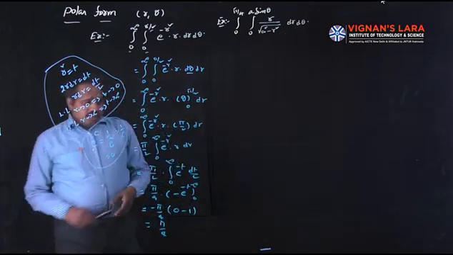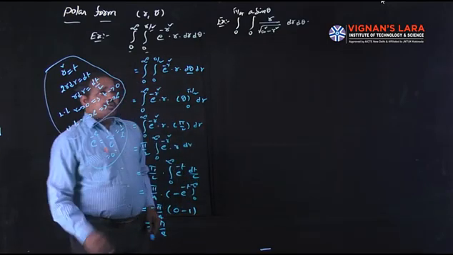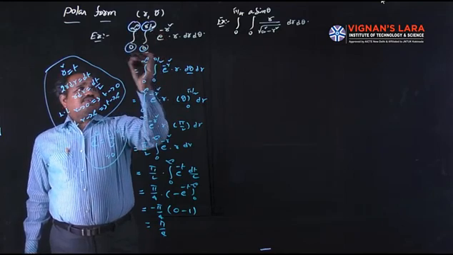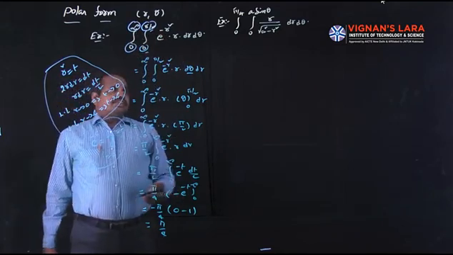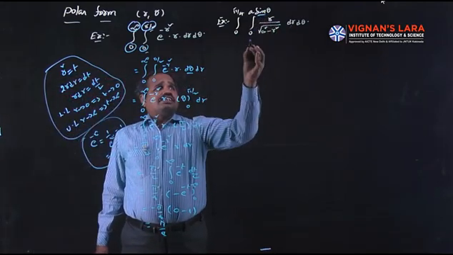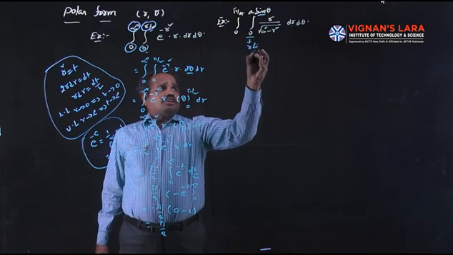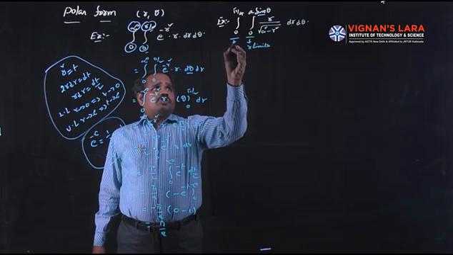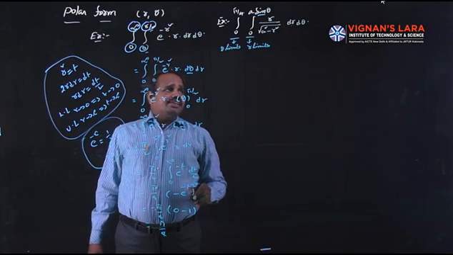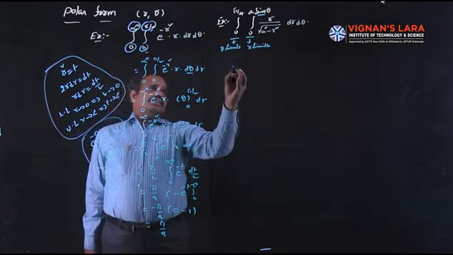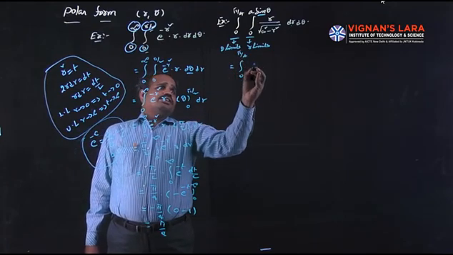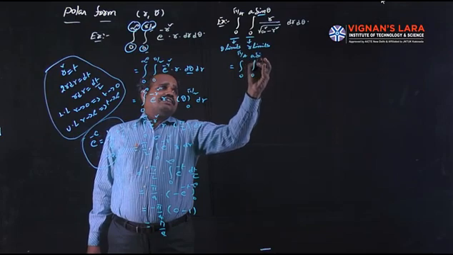First observe the variation between the previous problem and this problem. In the previous problem, the limits were constant, and that's why I could integrate with respect to either variable first. But here the variables are r, theta. In the inner integral the variable theta exists in the limits of r. Since the limits of r involve theta, the theta limits are the outer ones. So first we have to integrate with respect to r, next with respect to theta. So 0 to pi by 4 into 0 to a sin theta.